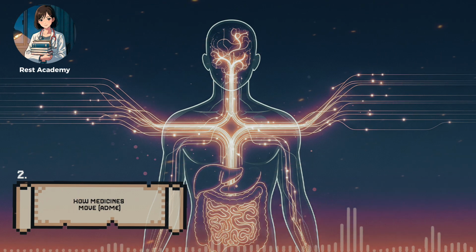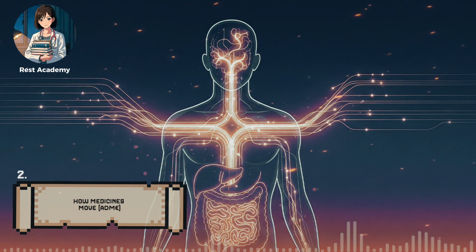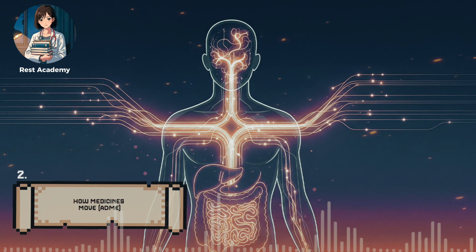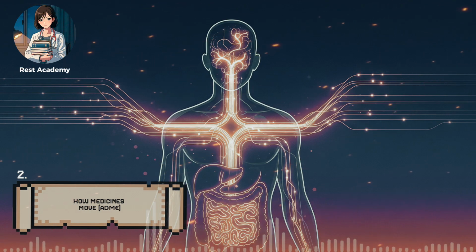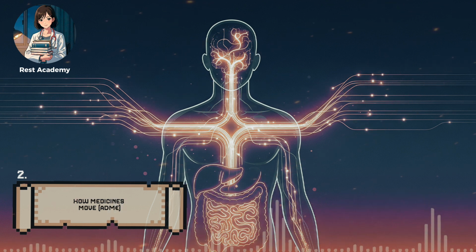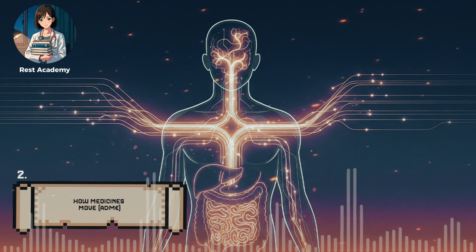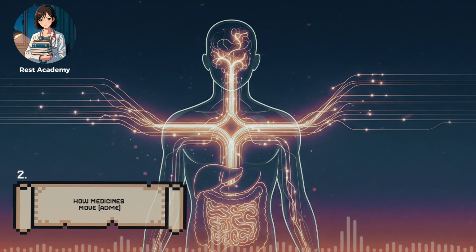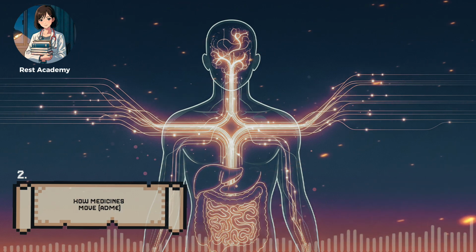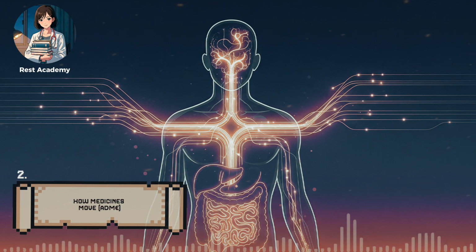Distribution describes how the drug leaves blood and partitions into tissues. Blood flow sets the order of exposure. Vessel-rich organs such as brain, heart, and kidneys see compounds first. Skin and fat see them later. Capillary structure matters. Fenestrated capillaries in liver and glomerulus are more permissive than tight junctions in the brain. The blood-brain barrier layers endothelial tight junctions, transporters, and glia. Only molecules with sufficient lipophilicity or specific carriers cross effectively. Protein binding in plasma, often to albumin or alpha-1 acid glycoprotein, holds a portion of drug in a reversible reserve. Only unbound molecules cross membranes and interact with receptors.